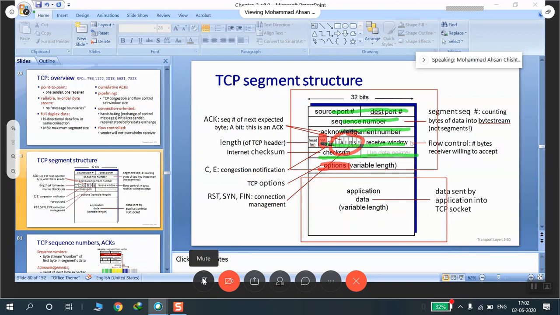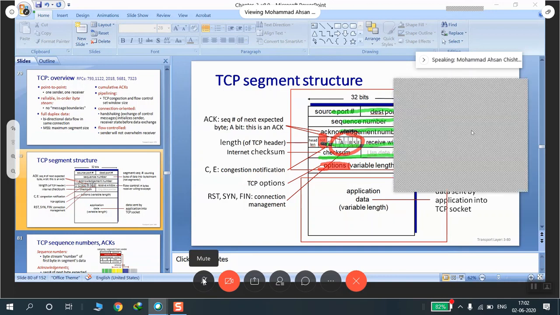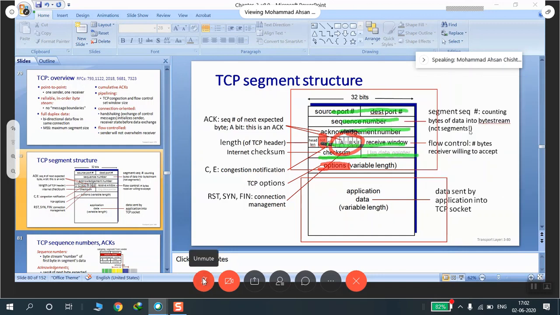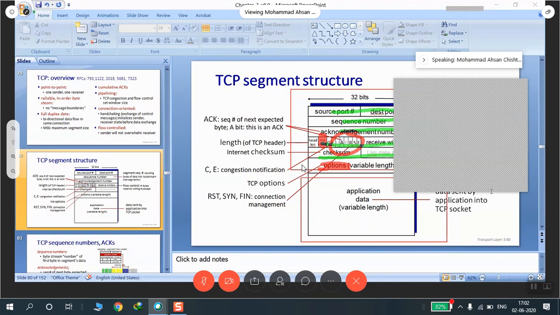There is the last part before I actually go on. There is some part which is known as padding as well.